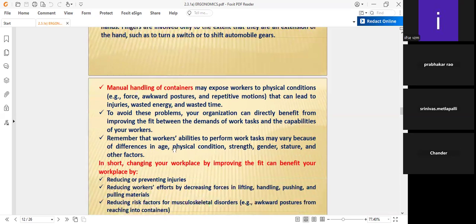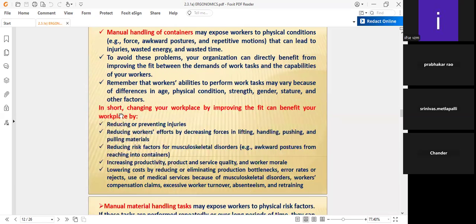To avoid these problems, in short, we have to see that reducing or preventing injuries means reducing workers' effort by decreasing the forces in lifting, handling, pushing, and pulling materials. Here, if you see reducing or preventing injuries, we have to change the workplace, reducing workers' efforts. How do you do it? By decreasing the forces in lifting. That means instead of 25 kgs, instead